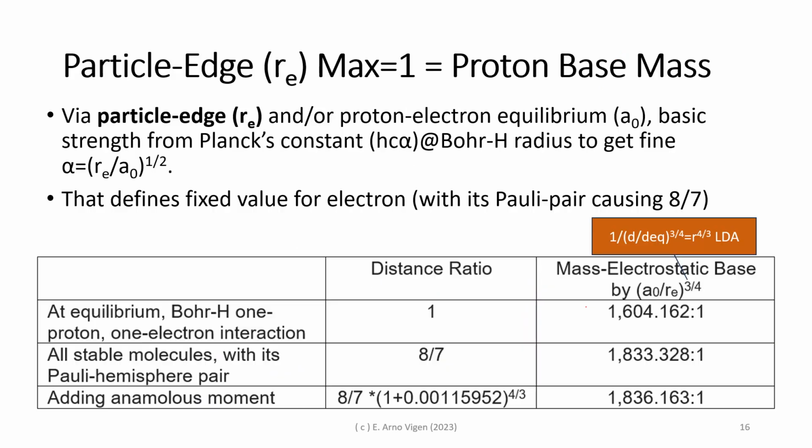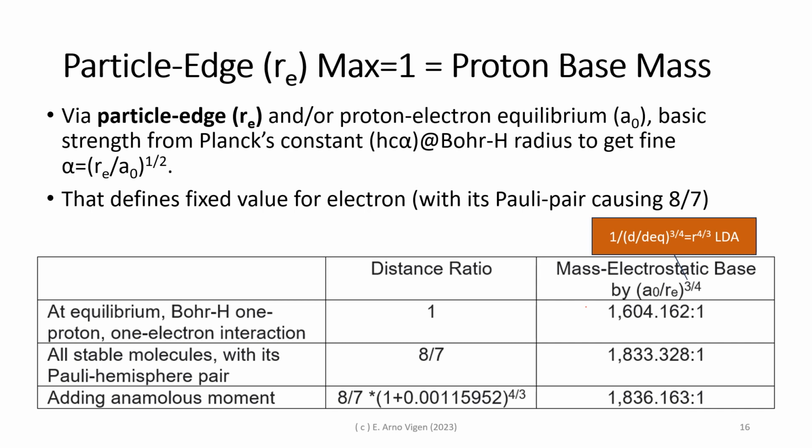So let's test this out in the simplest program. We've got a proton and electron. That's a hydrogen atom. And the maximum is at the particle edge. And the dominant particle is the proton. So for our purposes here, I'm going to call that 1. And what's the ratio to the electron, which is way out in the field, and so it has less